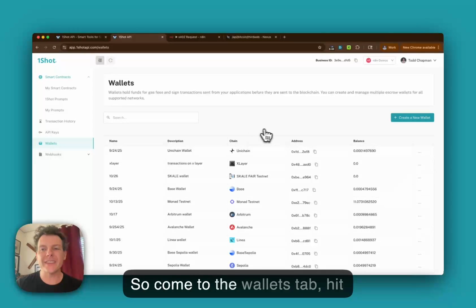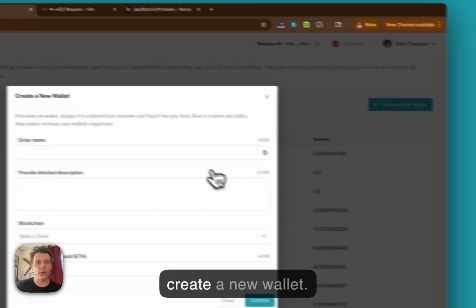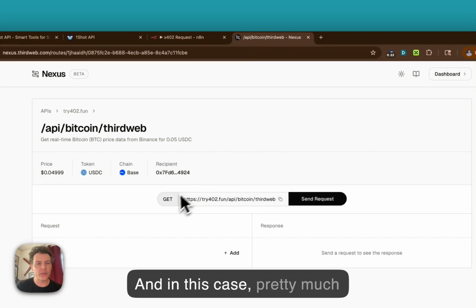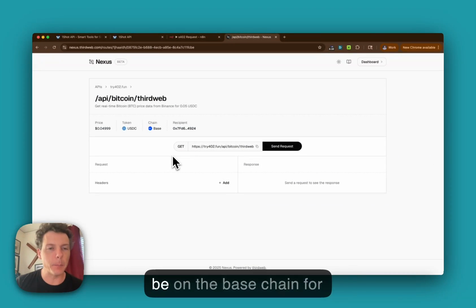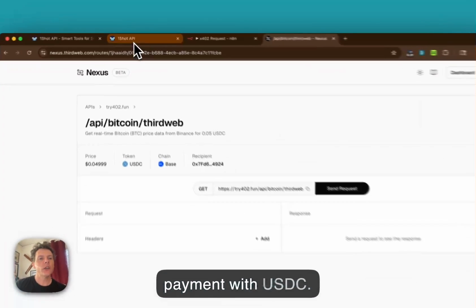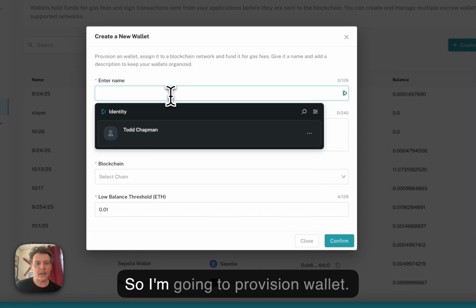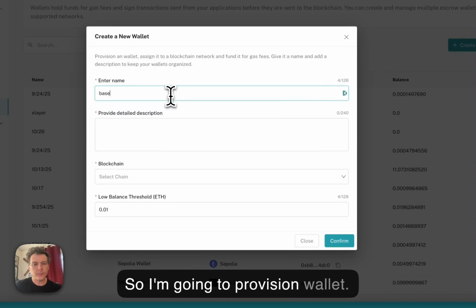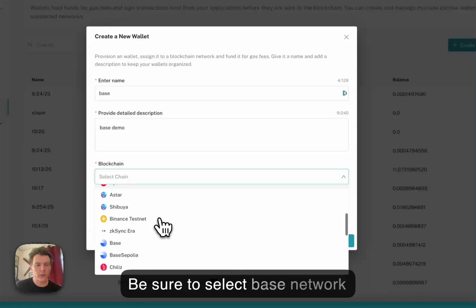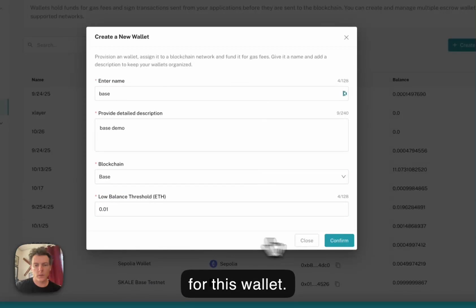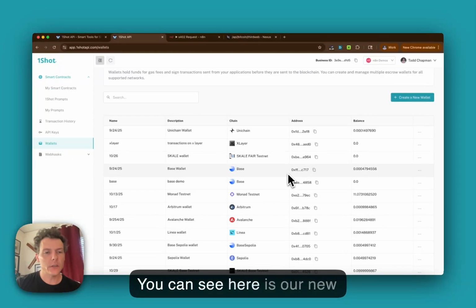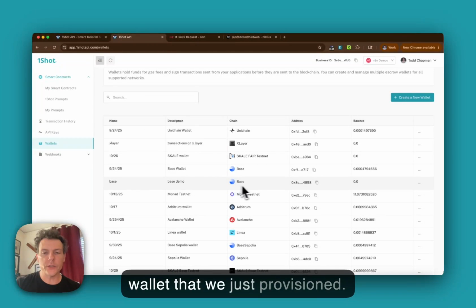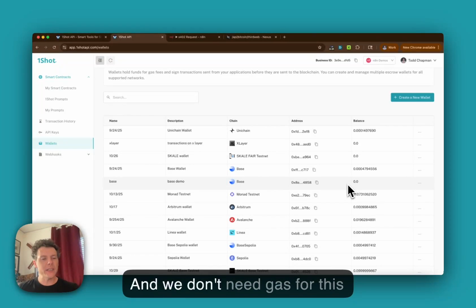So come to the Wallets tab, hit Create a New Wallet, and in this case, pretty much most of the resources you're going to encounter are going to be on the Base chain for payment with USDC. So I'm going to provision a Base wallet. Be sure to select Base network for this wallet. Hit confirm. You can see here is our new wallet that we just provisioned,